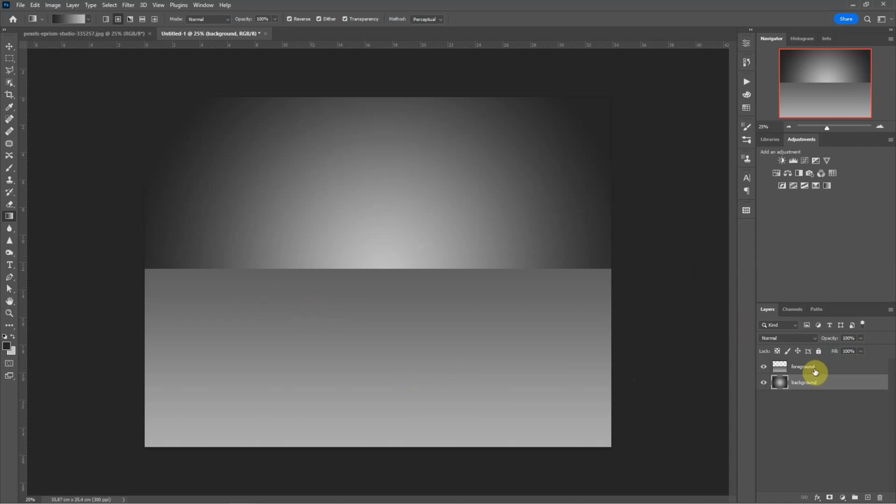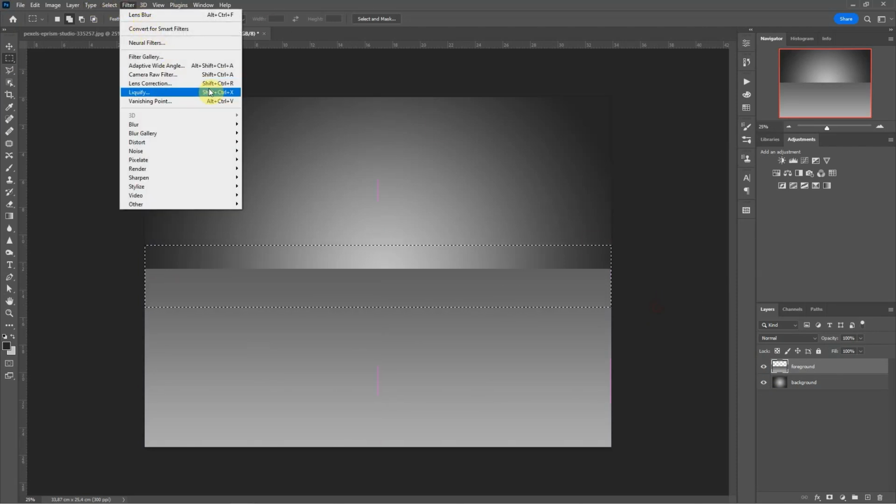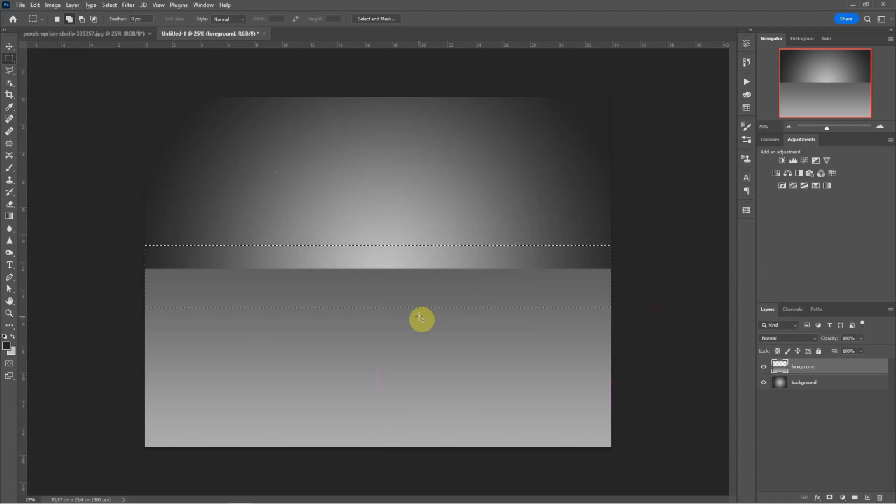So what we want to do now is add some depth of field blur. I'm just going to use the Gaussian blur tool. So I go to Filter, Blur, Gaussian Blur, and we're just going to add about 5 to that. So we've just blurred that line to make it a little bit more realistic. At the moment it does look pretty flat and uninteresting, but we're going to add in